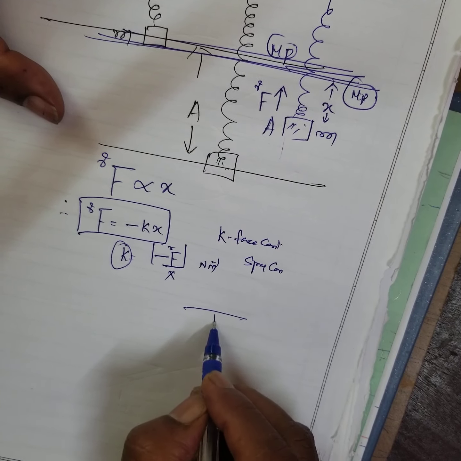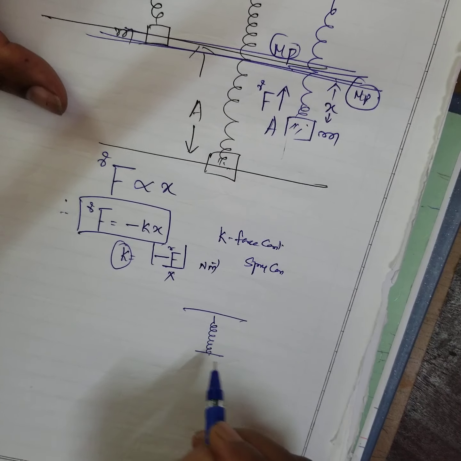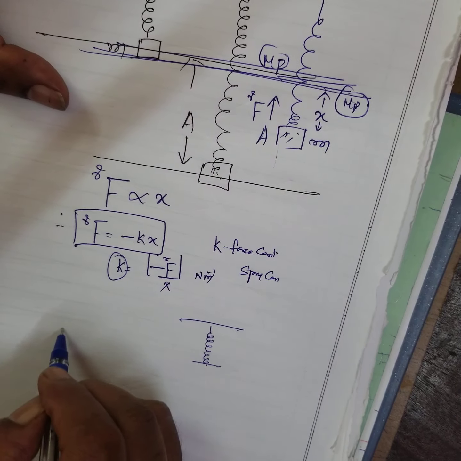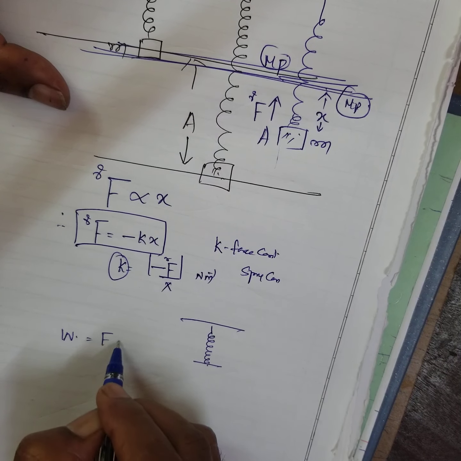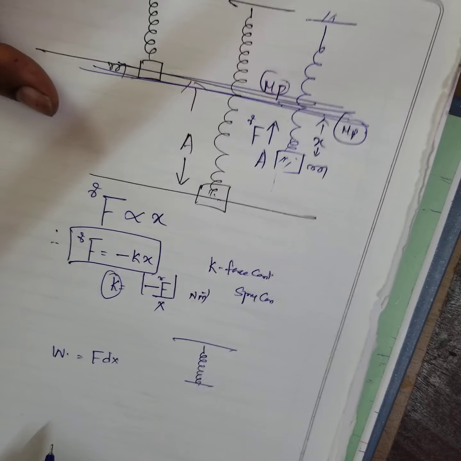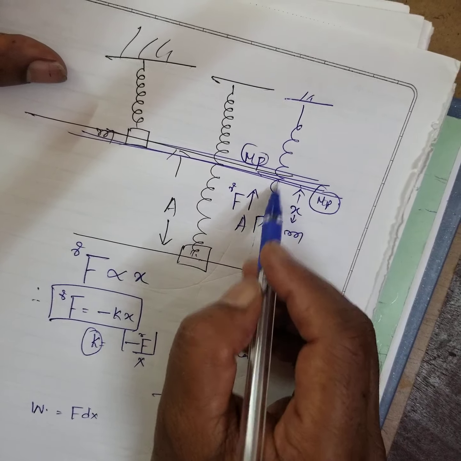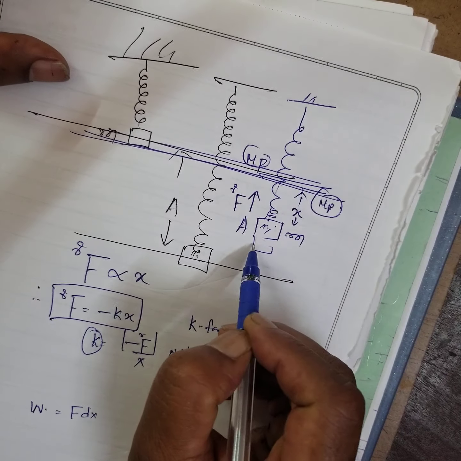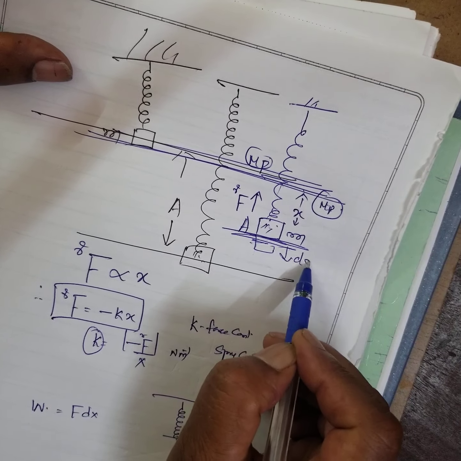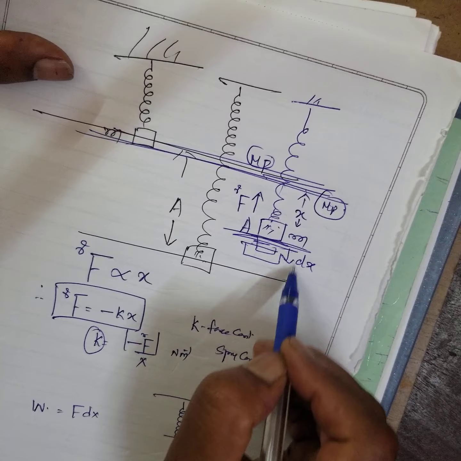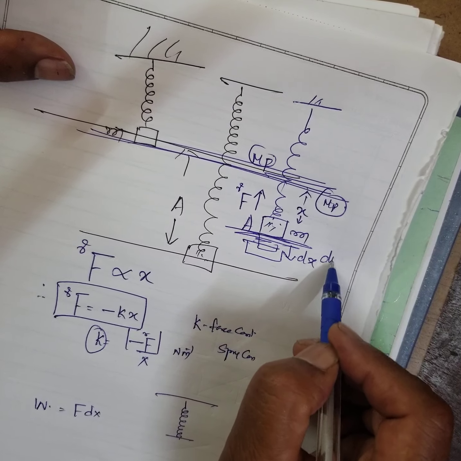suppose, how to see, work done is equal to what? Work done is equal to force into displacement. What is the total work done? See, this is the work done. I want to extend further. See, it was in this position. I want to pull it for a small distance. If I pull it down, what will happen? I am doing a small amount of work.